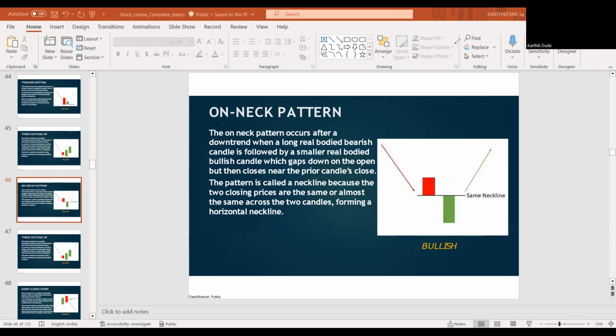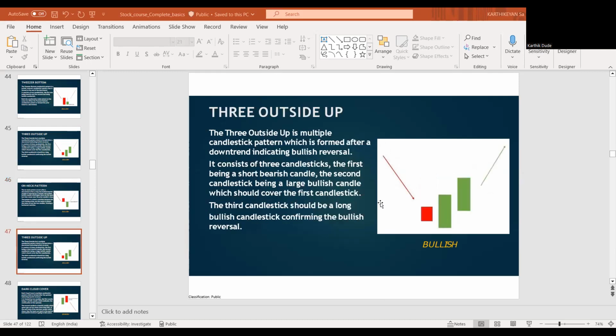So these are all rare candlestick patterns. It's not mandatory to memorize or know them. It's just for information. Then three outside up. I think it's a